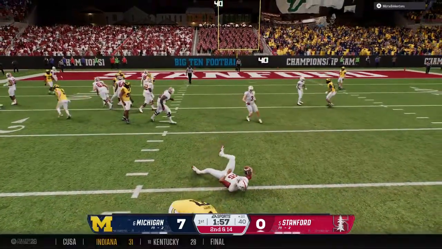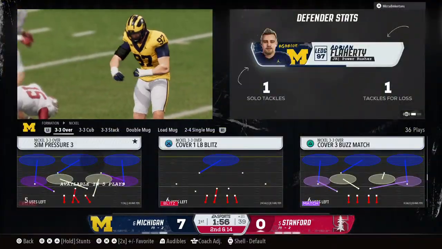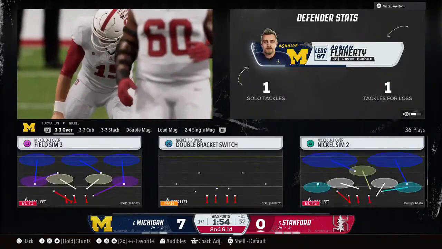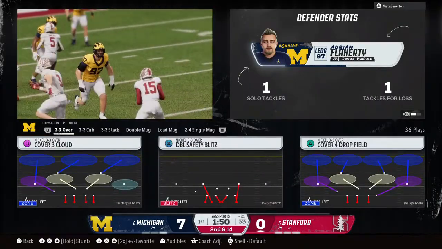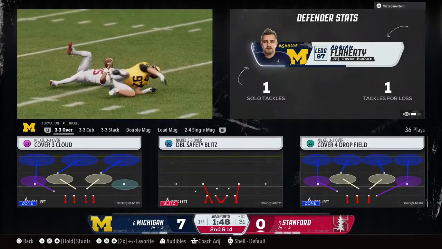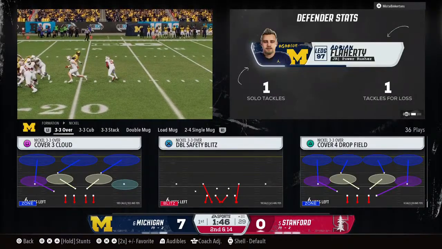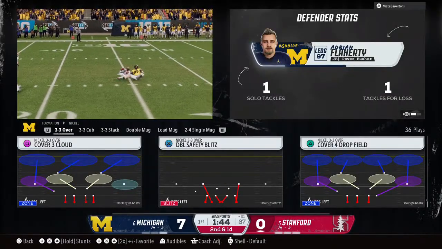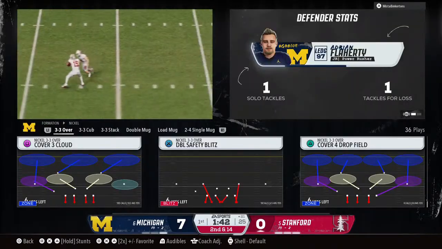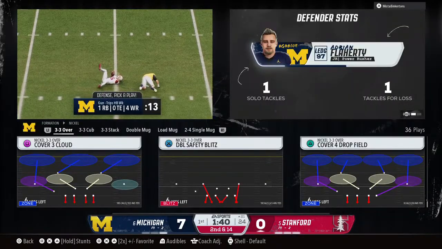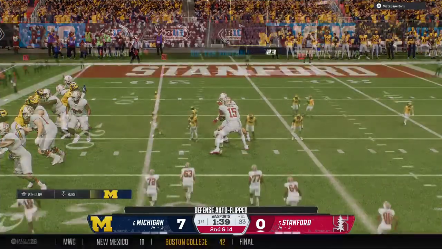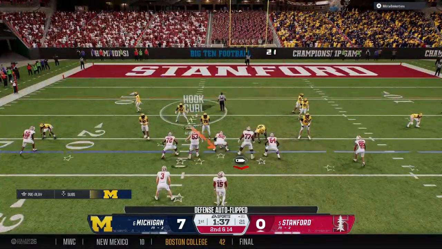Stout defense there. It's a 3-yard loss on that run. And it's a nice job by this defense. They saw option. They actually forced the quarterback to pull the ball on the read. And then they corral him for a loss. You could tell they worked hard on that in practice. Didn't expect to lose 4 on the first down run.